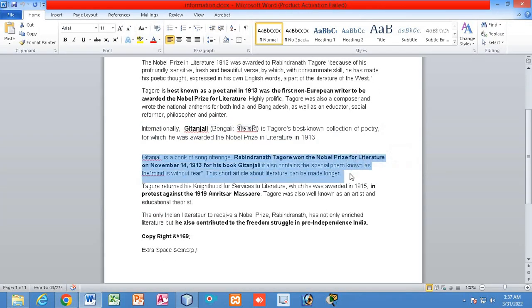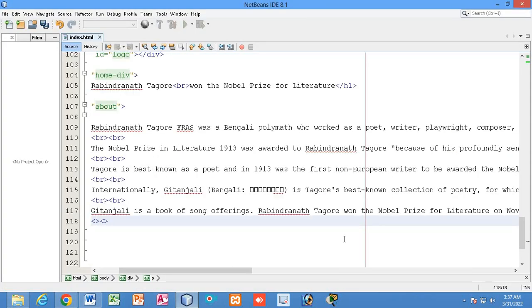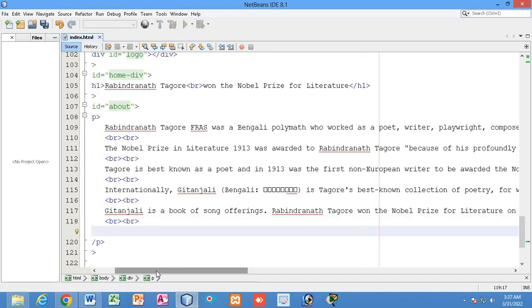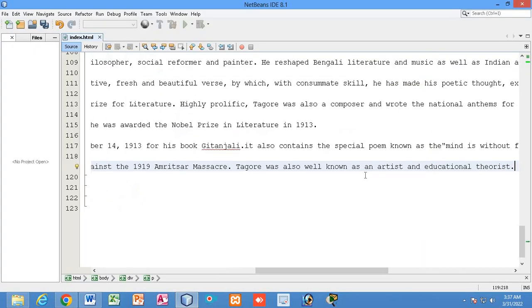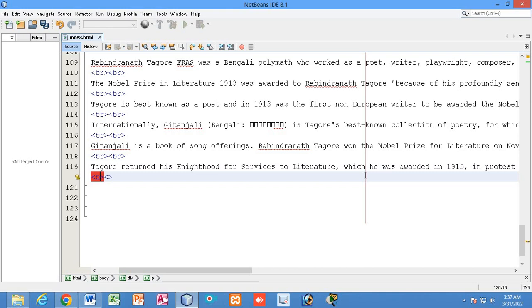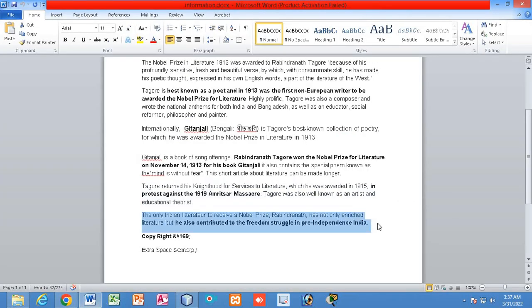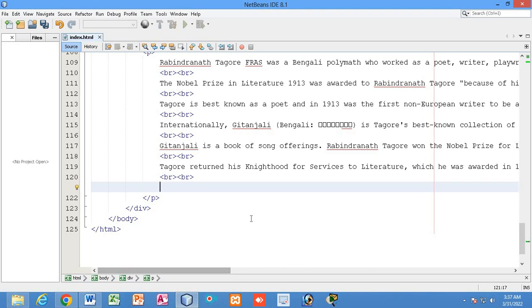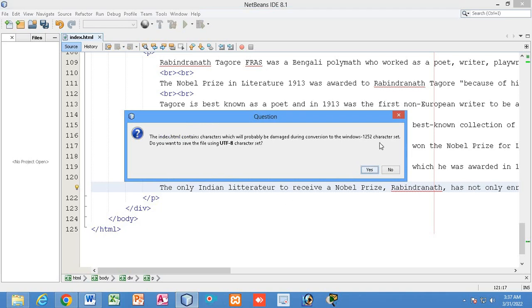First I will copy all the information. Fine. So finally I have added all the information. Now I will show you how it looks.